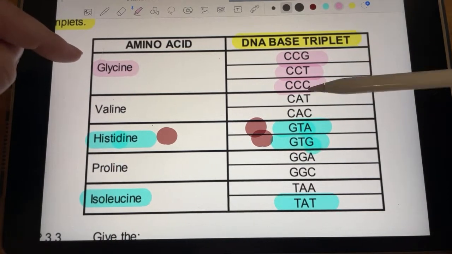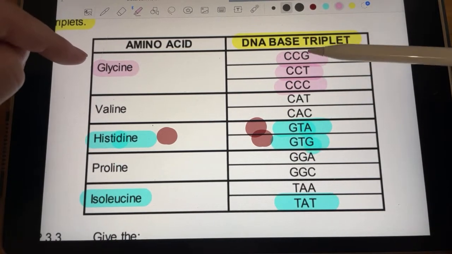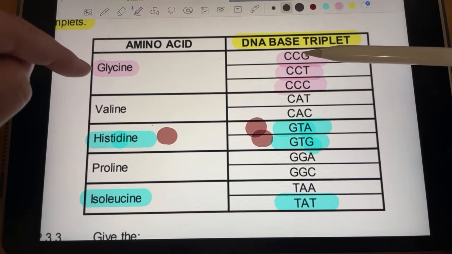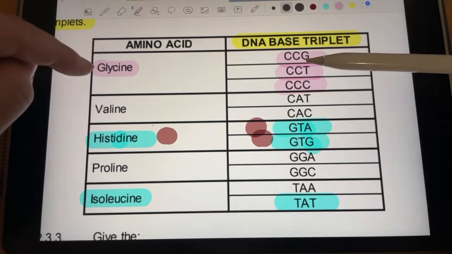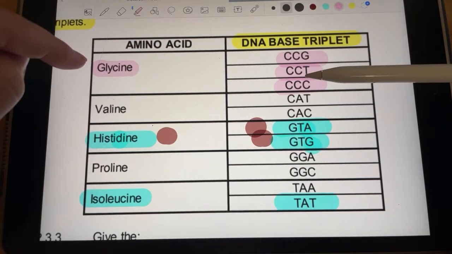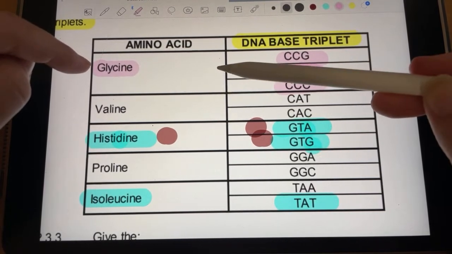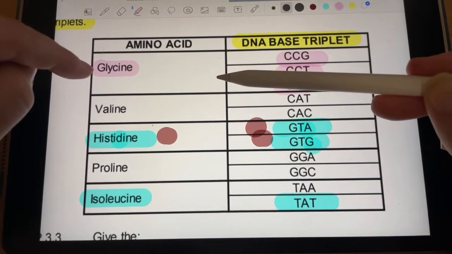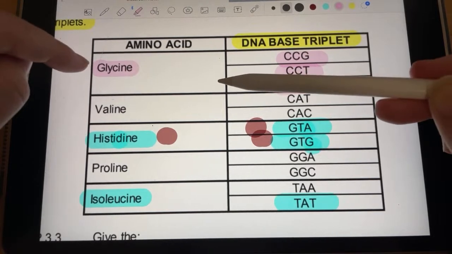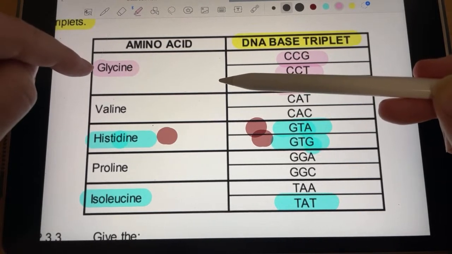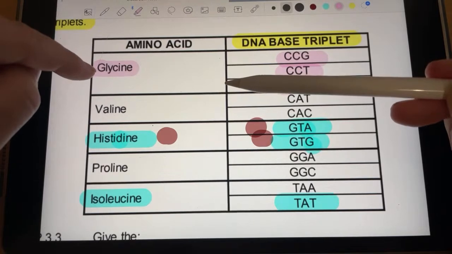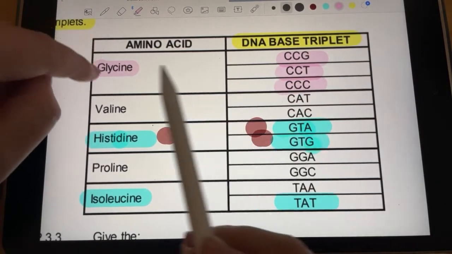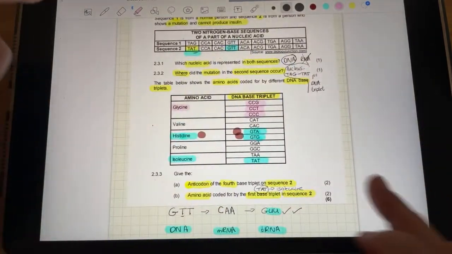So even though these have changed, and maybe that's what they're trying to say, they're trying to say, well, if there's a mutation, does it matter? Well, it matters in the sense that, yes, it's a different mRNA that will come. But at the end of the day, you'll still bring the same amino acid, which means you'll still make the same protein. So you've changed the mRNA, but you haven't changed the protein or the amino acid, the product at the end. That's what I'm saying. So the letters sometimes might be different, but the outcome is exactly the same.